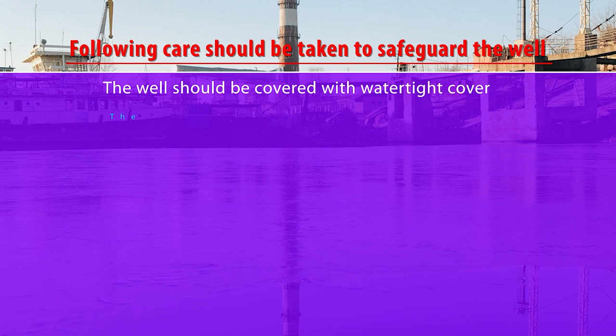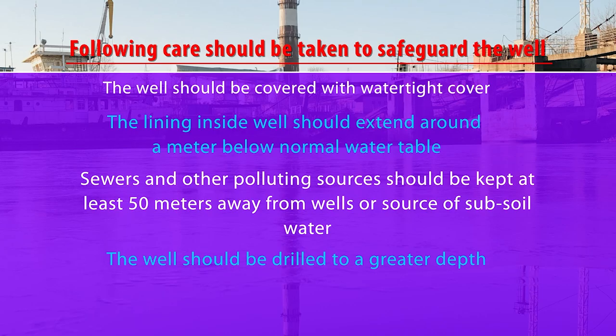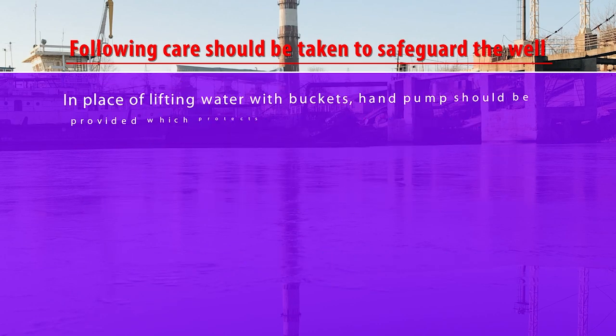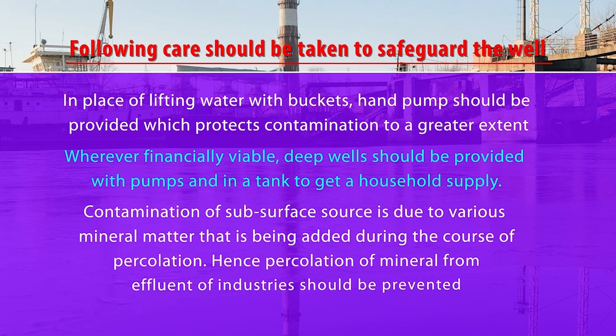The well should be covered with a watertight cover. The lining inside the well should extend around a meter below the normal water table. Sewers and other polluting sources should be kept at least 50 meters away from wells or sources of subsoil water. The well should be drilled to a greater depth. In place of lifting water with buckets, hand pumps should be provided, which protect against contamination to a greater extent. Wherever financially viable, deep wells should be provided with pumps and a tank